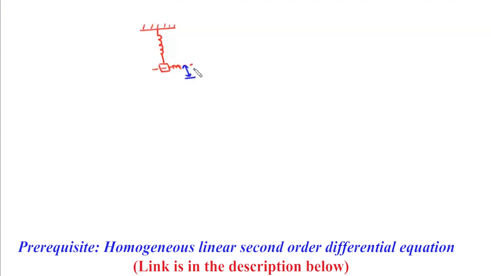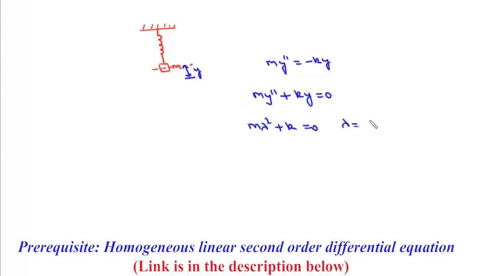by a vertical displacement y, then the spring force minus ky will act on the system, and this force is represented by my double dash, or we can write this as my double dash plus ky equals 0, which is a homogeneous linear differential equation of order 2 with constant coefficients. Now if we write its characteristic equation, it will be m lambda square plus k equals 0,